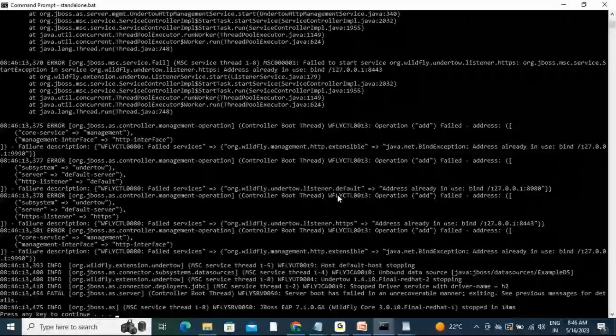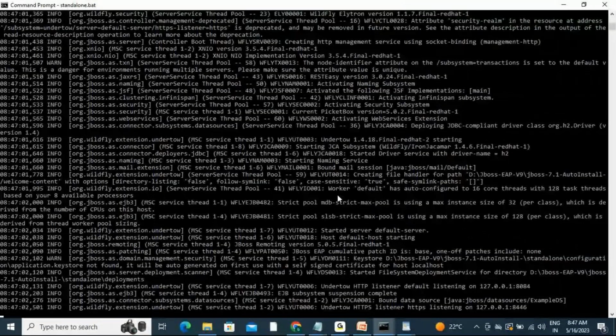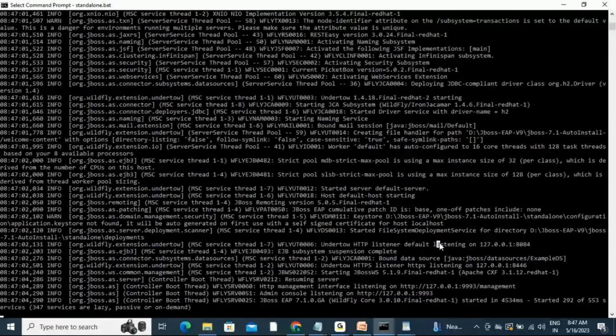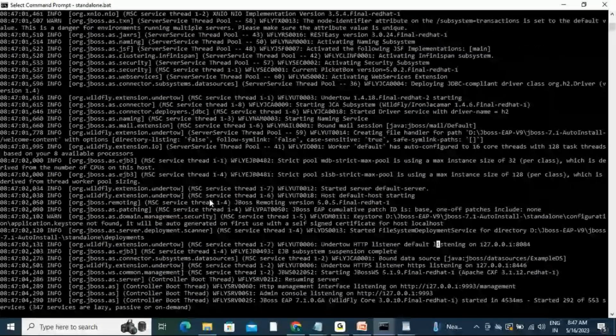Okay. Standalone.bat. Okay. Jboss is started with the port numbers we configured. Now four Jboss services are up and running. So we covered how to install Jboss by using zip extraction, by using the graphical user interface method, by using console mode, and by using auto installer installation. We have covered four types of installation,